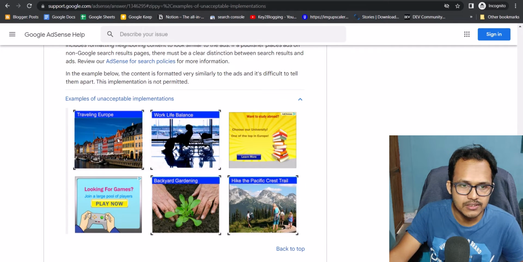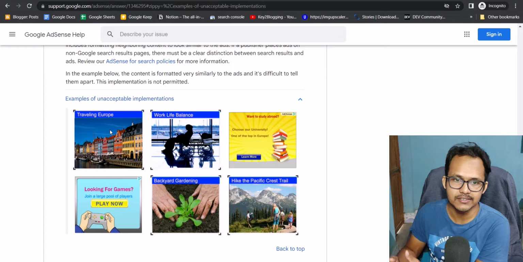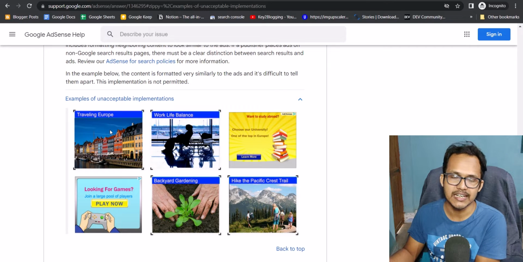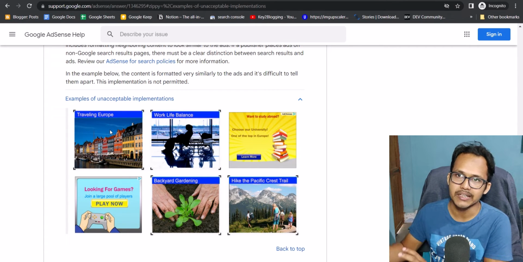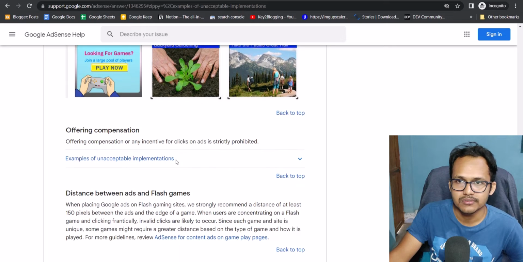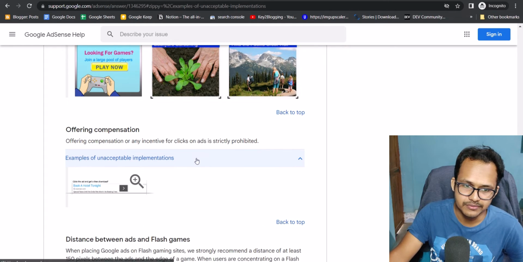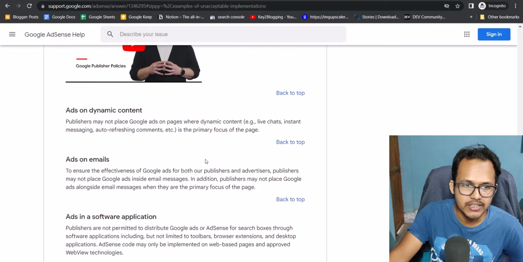And here as you can see there is an ad and there is an image. So if you put images and ads together like this, then users don't think that this is an ad and don't differentiate between images and ads, and they will click on your ad repeatedly. In that case the CTR will shoot up in your account and AdSense may place an ad limit on your website. So you should always check your ad placement in your website, and you can read everything here